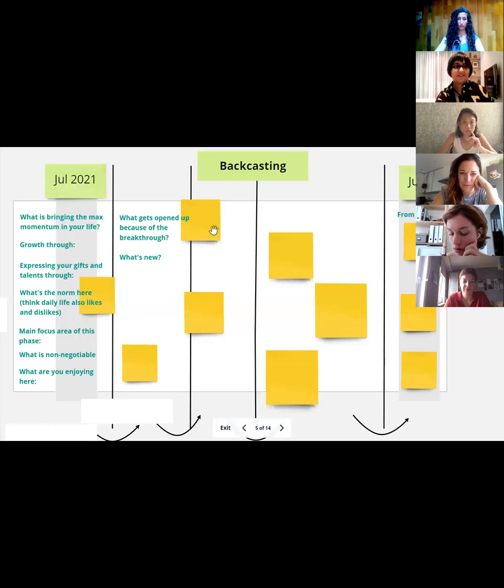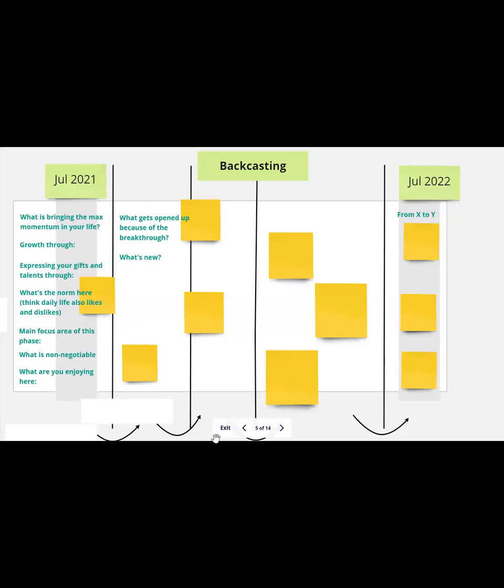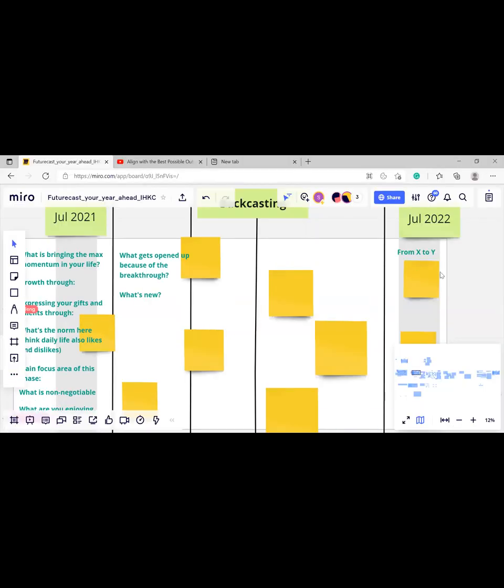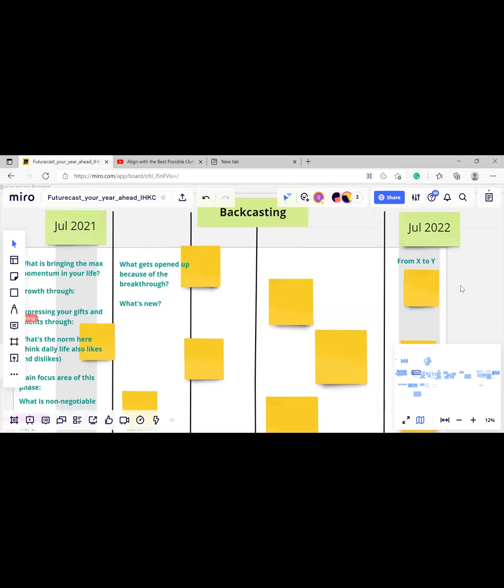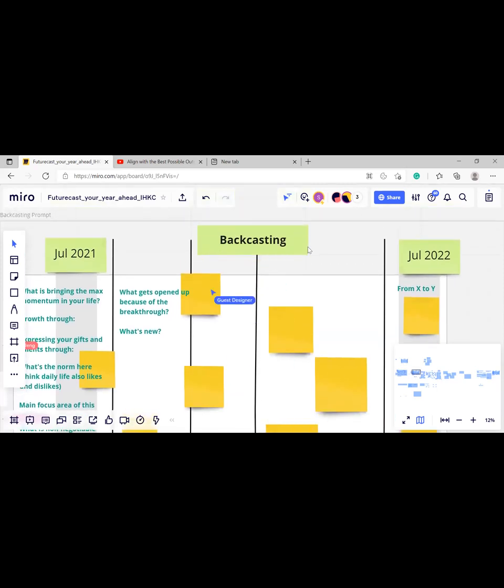So now we get to this tool called backcasting. And what I just want you to do is think in your journal, what we are doing is backcasting, just like the term suggests. We know forecasting, right? In forecasting, we take what's at the moment, project it into the future, and try to predict what might happen. In backcasting, we start from the future, and then we trace it back to the present.